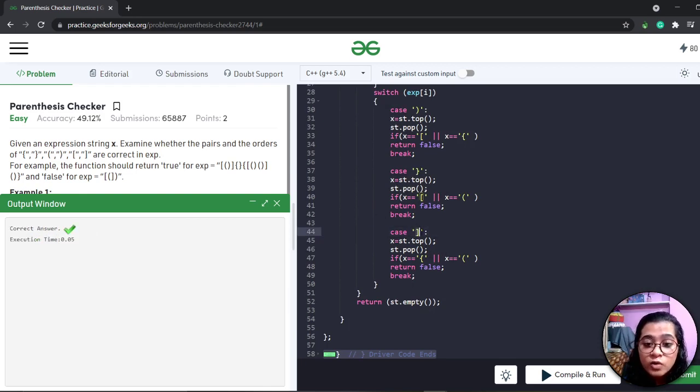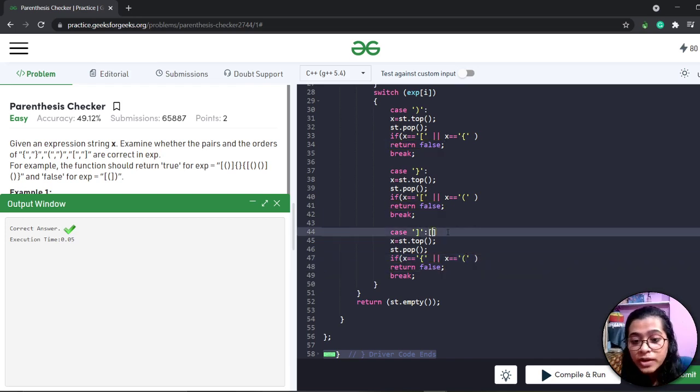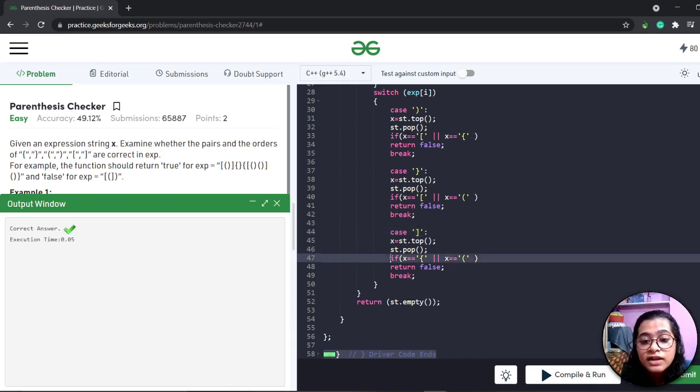For the corresponding closing bracket, we have to find that same opening bracket. And we are storing that top element of the stack inside the variable x. And then we are popping it. And we are checking if the corresponding opening brackets are present or not. If these two brackets are present, so it will return false, because we have to get an opening square bracket for completing this. And as we are not getting it, we will return false and we will break.